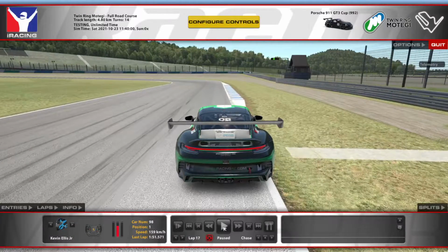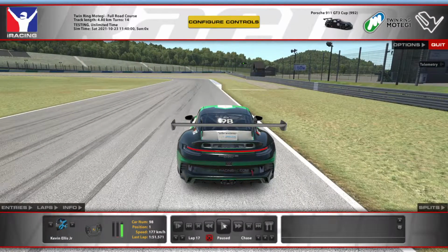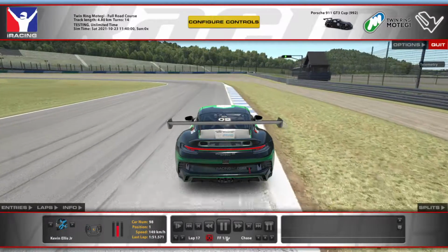hairpin. Then into here, you basically want to be at threshold by the 50. So I'm braking probably 80 meters out, I'd guess. Normally it's about 25 to 30 meters I spend getting to threshold from my initial brake. So on the way in here, you can see past the 50 board, we're basically at threshold, down into second